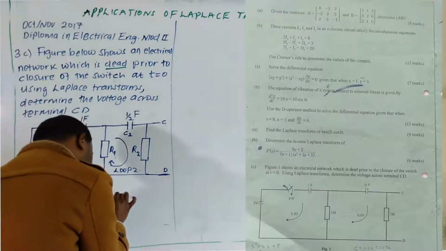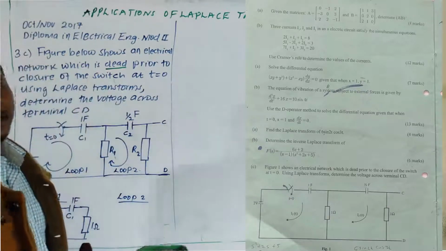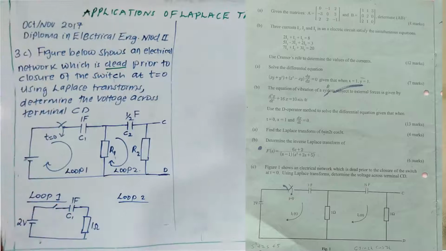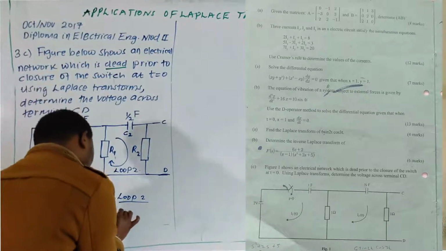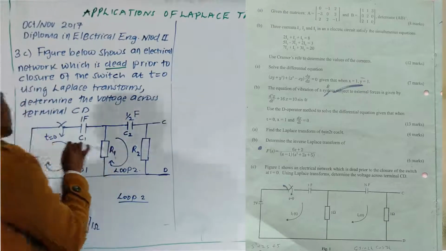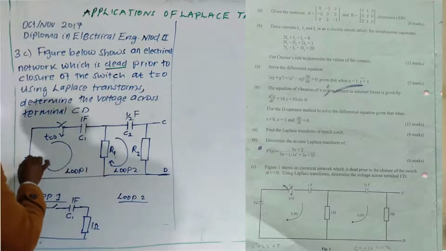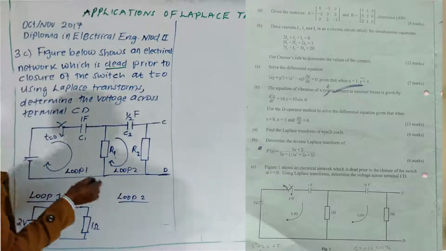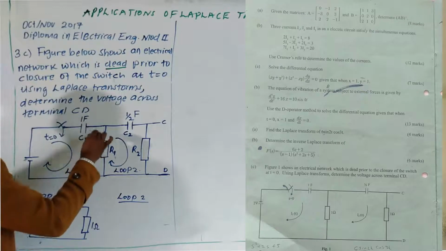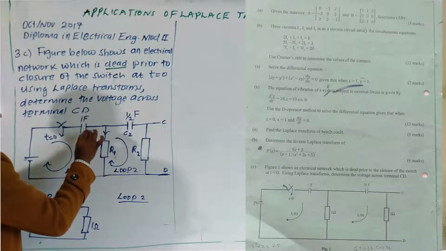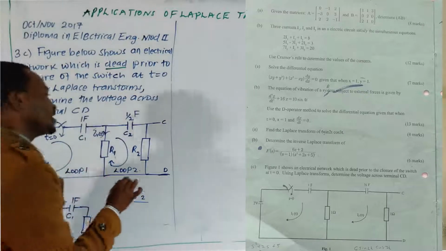In loop 2, actually you don't need to do this in the exam. I'm only trying to guide you through the question so that it will be more clear for you. Here I have loop 2. So loop 1 is this power portion. Current in loop 1 will go through that path. Let me call that current I1 of t. The current is a function of time.